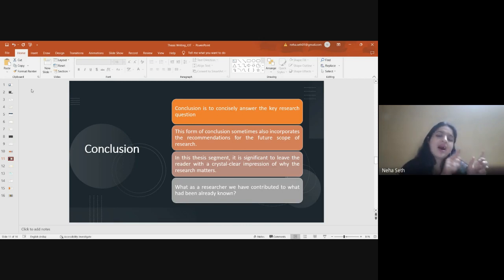Now here comes the answer to the gap in the literature review, the gap that we have found. Now, how are you fulfilling that gap? In this chapter you will give this clear-cut idea that there we were, here we are now. So this is how we have filled the gap in existing literature.